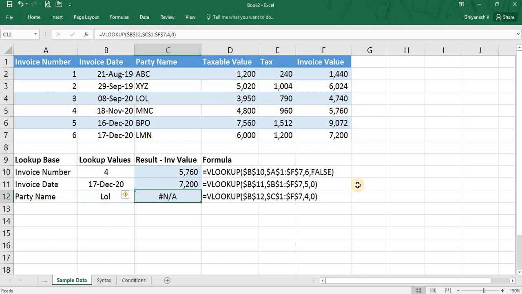This is because Excel does match only the same characters available in the leftmost column of the range. So if I go check up the lookup value, I have an additional space here. So this should not be there in the lookup value. The lookup value should be available in the leftmost column. Then only the formula can act.